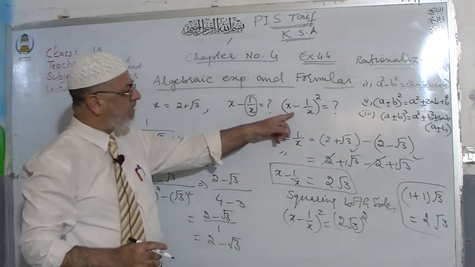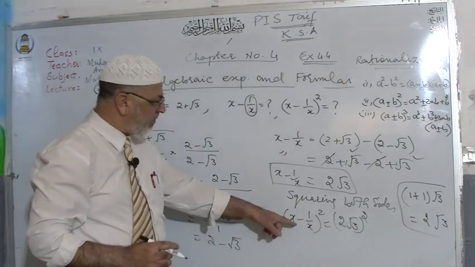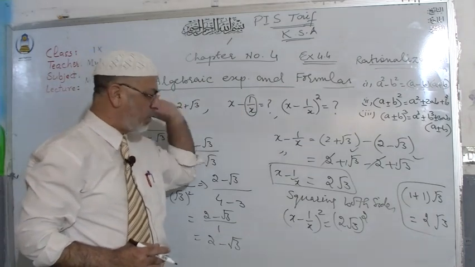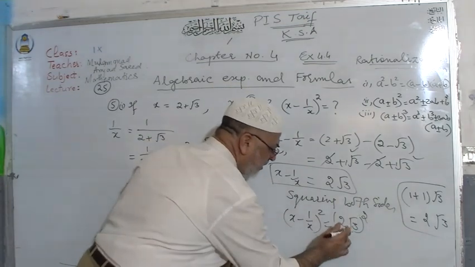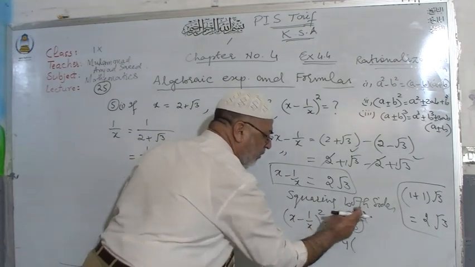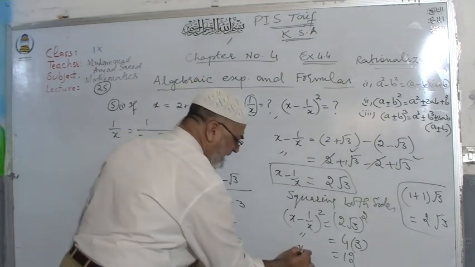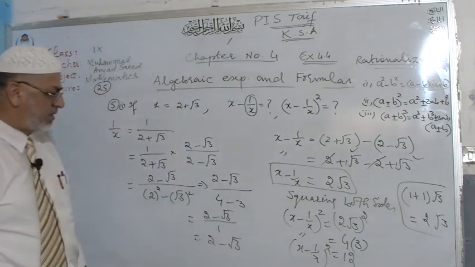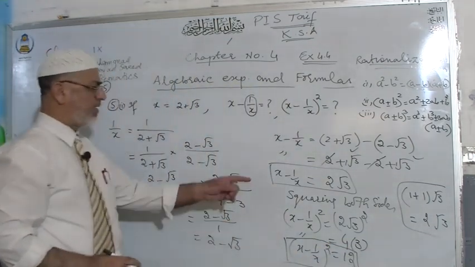Now look at the left hand side. No need to open the formula of square. Leave the left hand side as it is because you are going to find the value of x minus 1 over x whole square. So no need. But the right hand side can be simplified. This square is on both. What about 2 square? 4. And what is the square of root 3? The 1 over 2 and 2 cancel out. This is 3, and that one is your 12 answer. So x minus 1 over x whole square is equal to 12. That is your answer, answer number 2. I hope that you understood this answer.